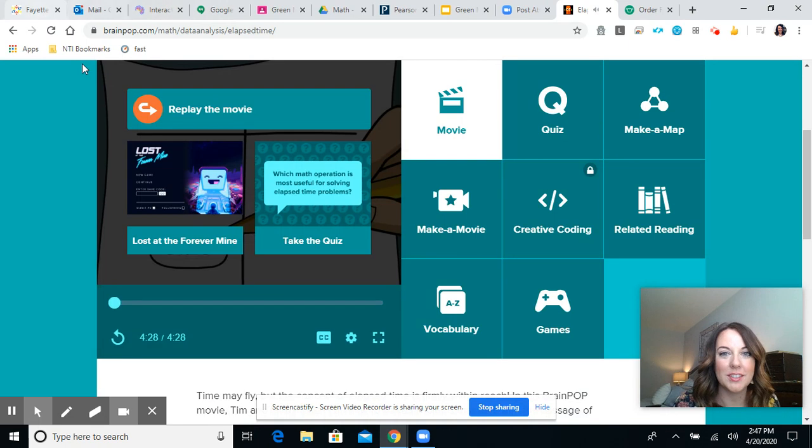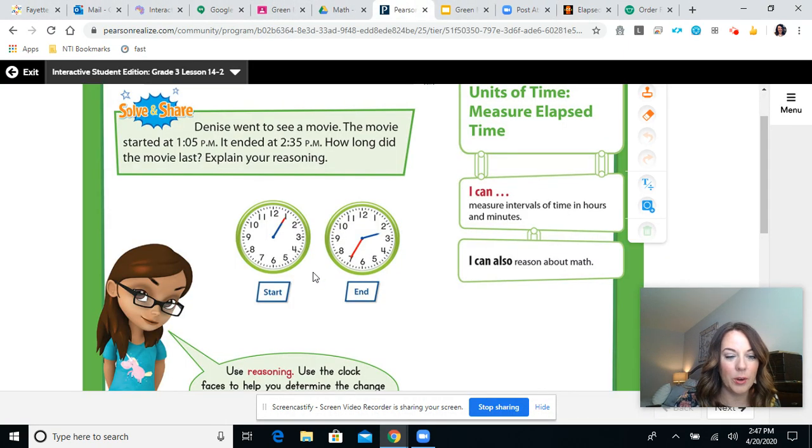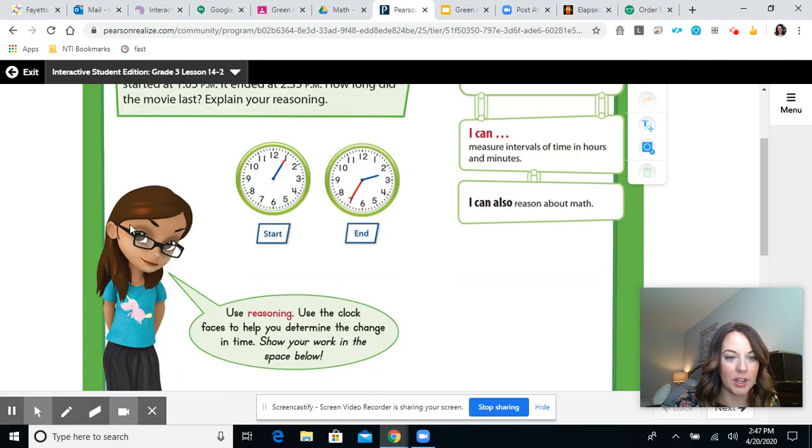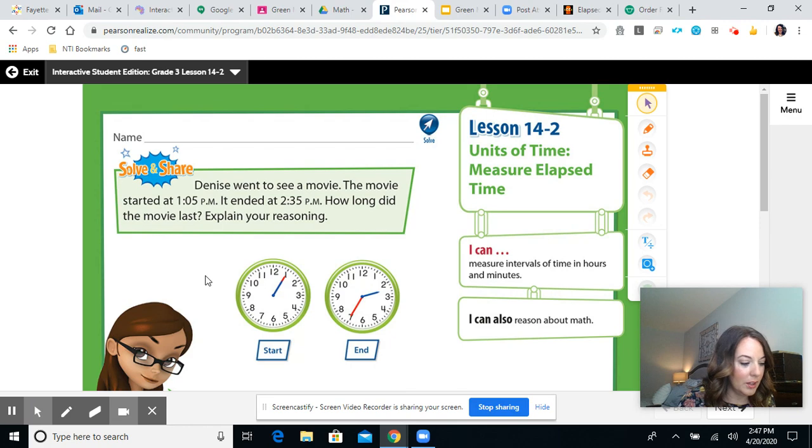All right, so now we're going to do our solve and share. So this starts with Denise. She went to a movie. The movie started at 1:05, very similar to Tim and Moby. It ended at 2:35. How long did the movie last? Explain your reasoning. So here's our start time,